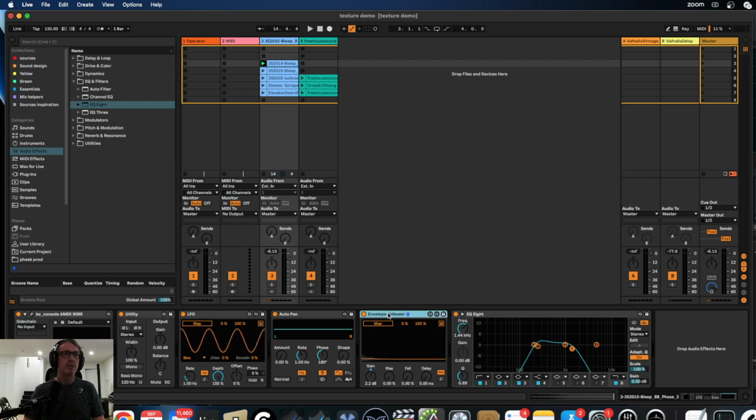So what do we do with this? Well, we can map this to basically anything we want, and that will create a texture, but with something else. So just to wrap it up, because I feel like I'm going in every direction,